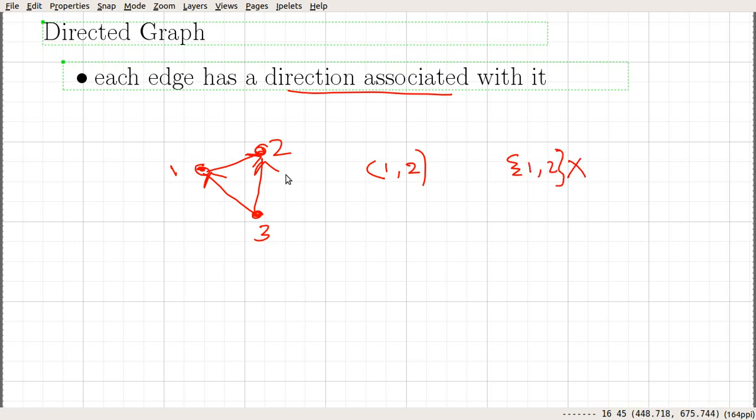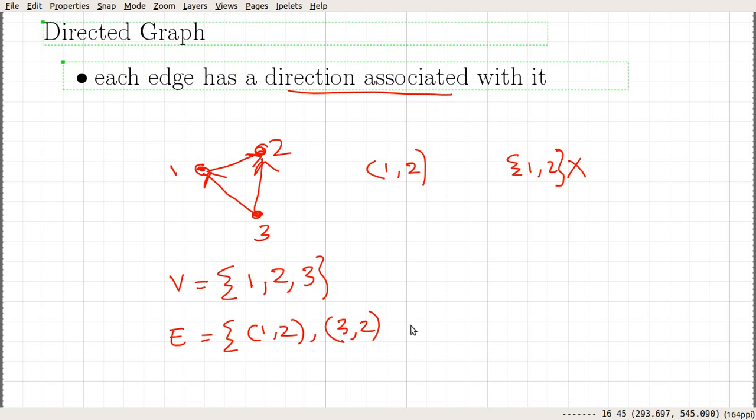Okay, so if you formally define this graph, the definition is similar to that of a simple graph, and here again we can see that the vertex set contains these 3 elements 1 2 3, and the edge set contains not sets but ordered pairs like this: 1 2, 3 2, 3 1.